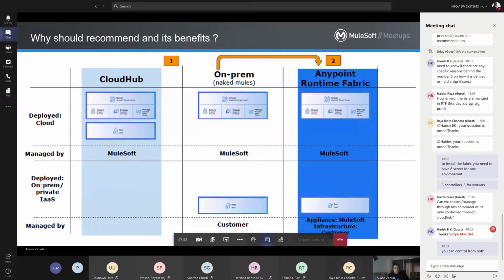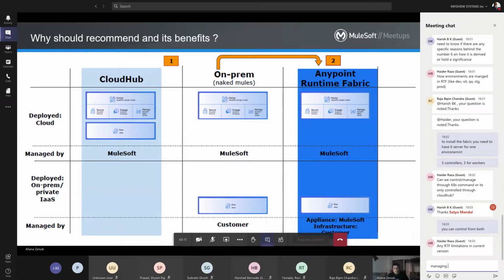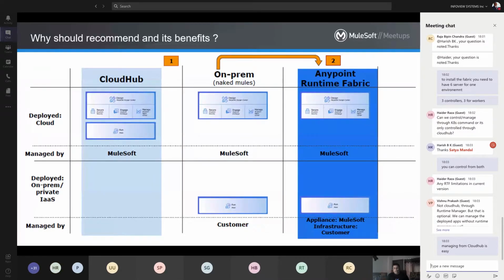As we have seen, initially we were deploying our naked Mules on-premises based on customer requirement, and as we moved further, we used many external tools. After that we started using Dockerized platforms managed by many side scripts or other tools, CI/CD or monitoring platforms to monitor our Dockerized platform where we deploy our runtime.